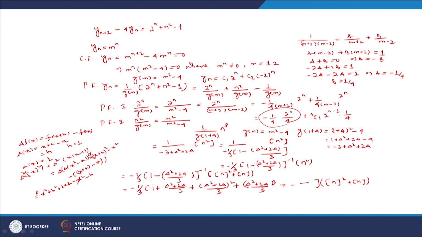If you operate the second delta, then h square is a constant, so it will take the 0 value. If you operate on h, it will also take the 0 value. Next, if you operate on this value here, it will take 2h into x plus h minus x, which provides you 2h square. If you put h equals to 1, then delta square of x square is nothing but 2.